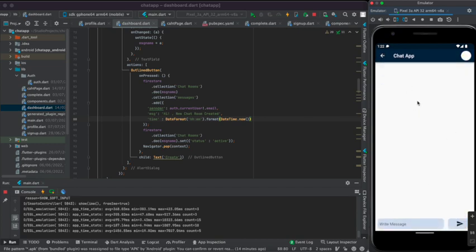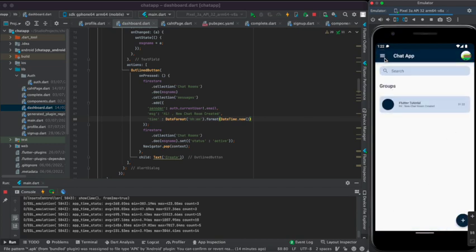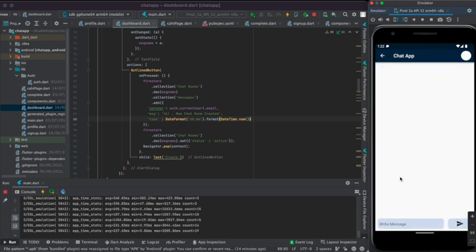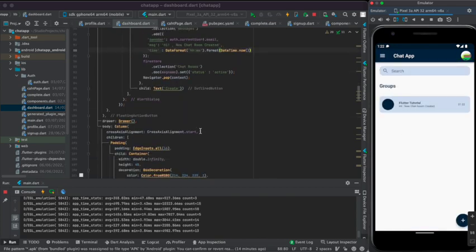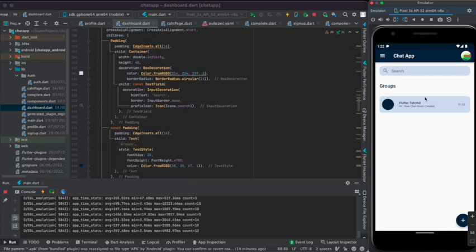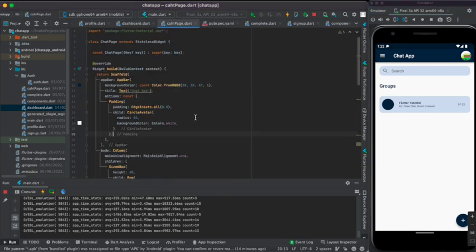Here you can see this is our chat page. Now in today's video we are going to complete this. I think this is only what is left to be completed in our chat app. So now let's move to this chat page. Here this is our chat page,